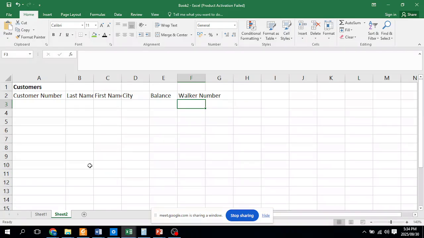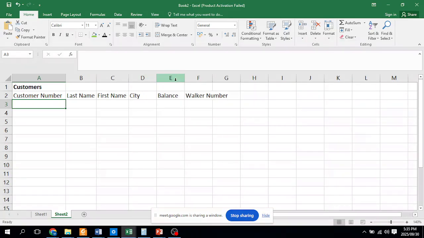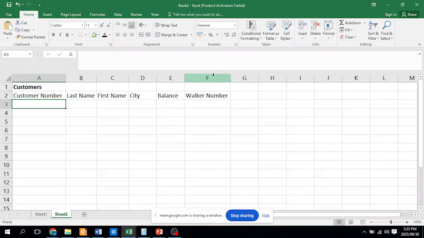Okay, so what you were given on this table was the field names. You were given the records, and in Access you were supposed to say what kind of data type you were working with, and this would have been text, text, text, text, currency, text. Okay, here we don't have to do that. Excel will do that for us. So here where we get to customer number, we are not yet typing. So now what you can do is make your columns a little bit bigger so that everything can fit in there. But it's not essential because it's going to look a little bit different when we start creating our table.